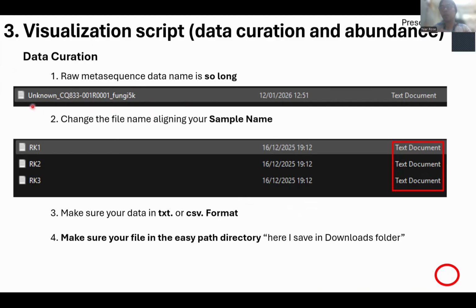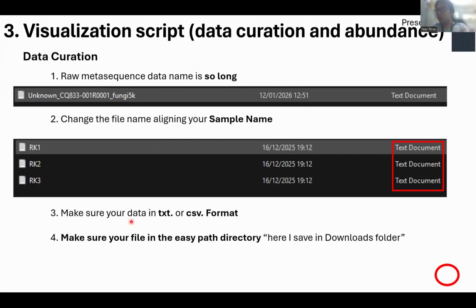You will get a long name, so you need to change it to a simple sample name. The sample name must be the same as in the metadata,